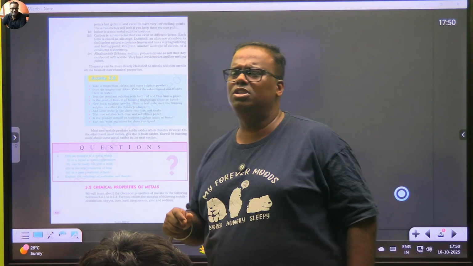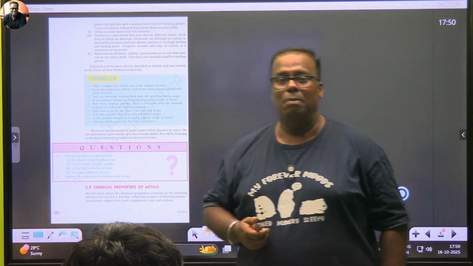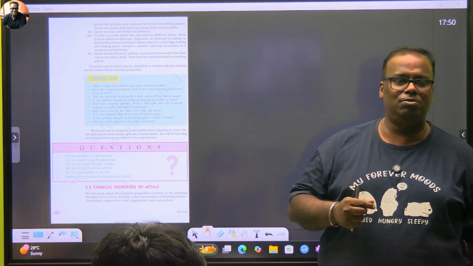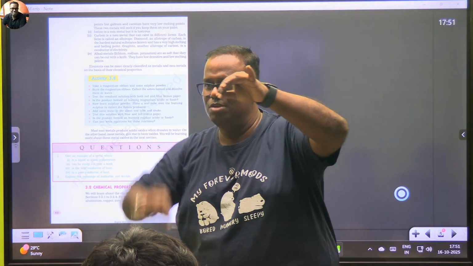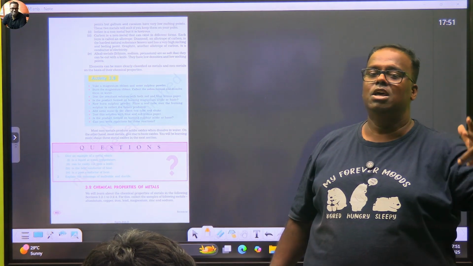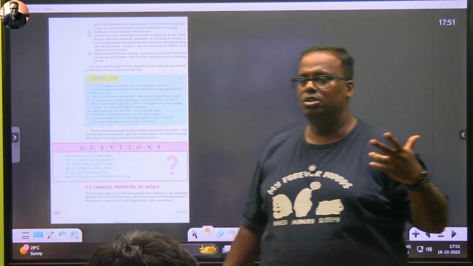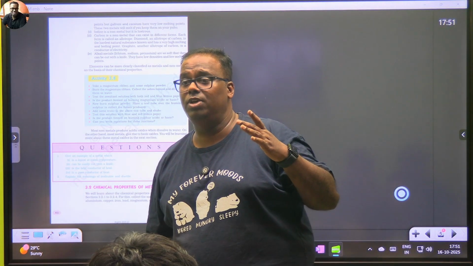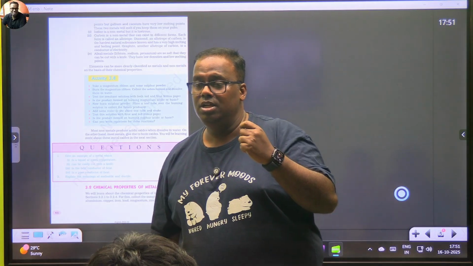Then let's talk about magnesium and magnesium ribbon. So what all concepts do we have out there? Magnesium is available in the lab in the form of magnesium ribbon, which is always to be scraped before it undergoes any sort of combustion test. The reason is magnesium forms a hard oxide layer on it. So you scrape it to expose the magnesium. And magnesium is very reactive. The moment you scrape it, if you don't burn it immediately, it will again form oxide.